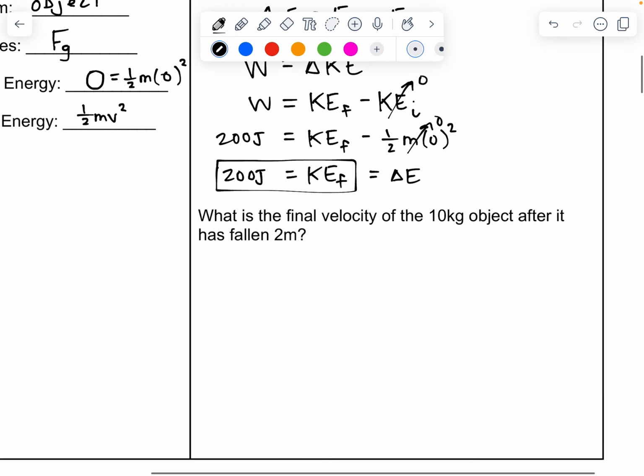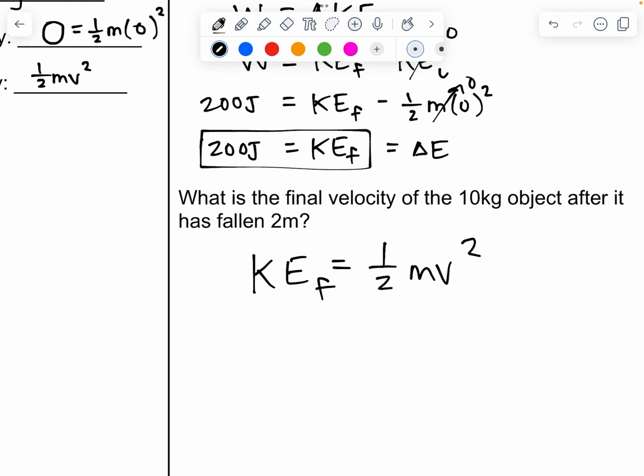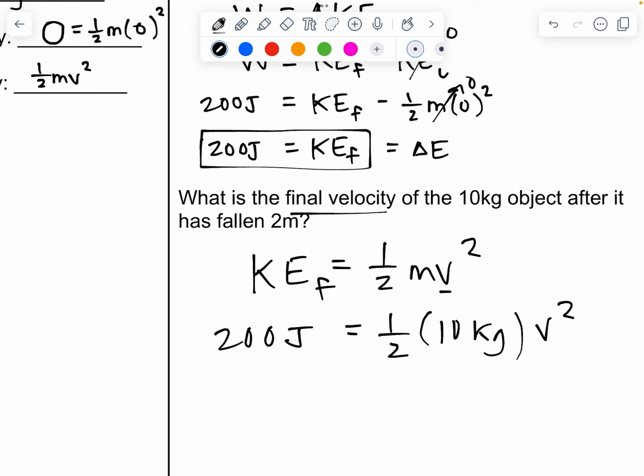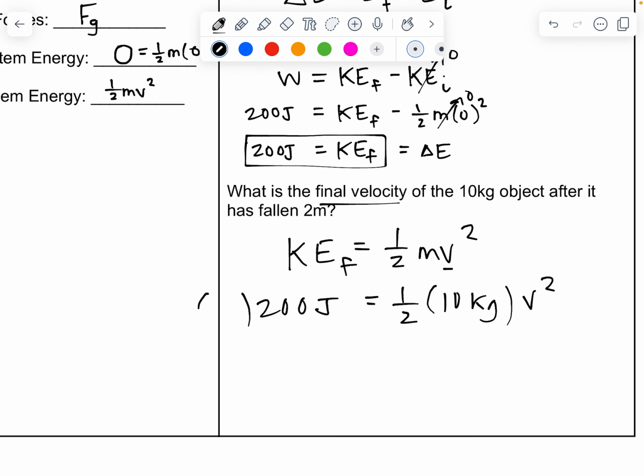All right, now if we want the final velocity, what it actually was, we would say, okay, kinetic energy equals 1/2 mv squared. We're looking for the final velocity v. We know that 200 joules of energy was our final energy. We know the mass is 10 kilograms. We don't know v. So that's the physics. Now we just have to do some math. I'm going to multiply each side by 2,